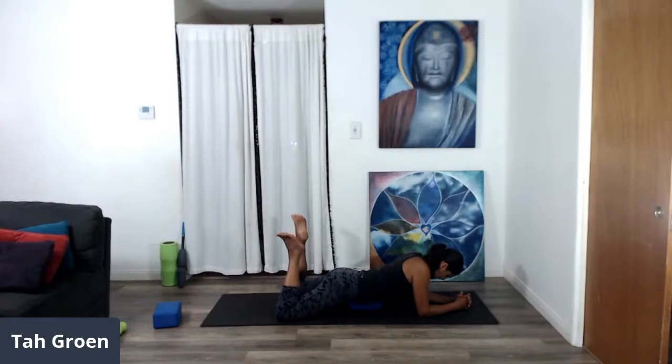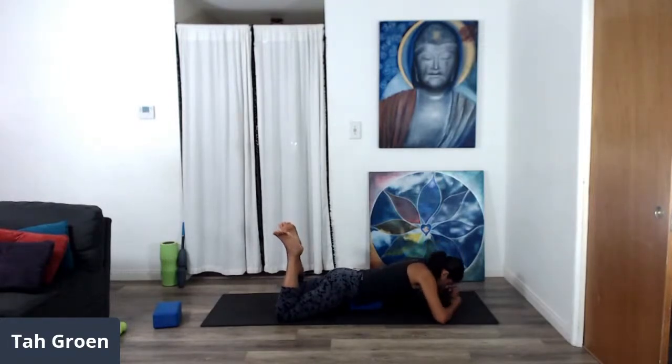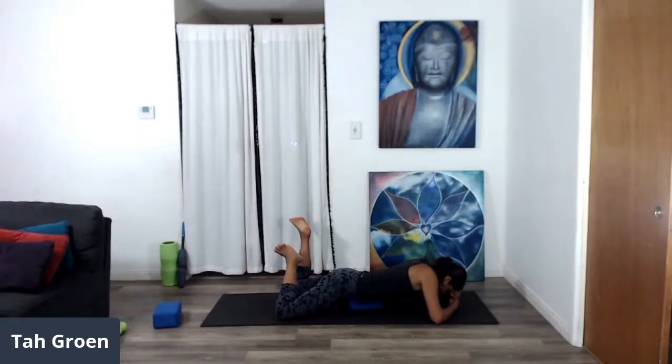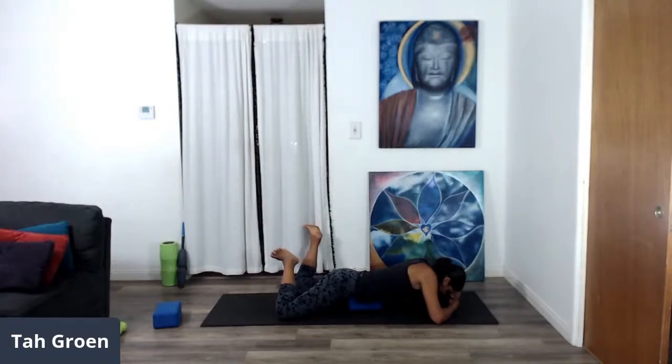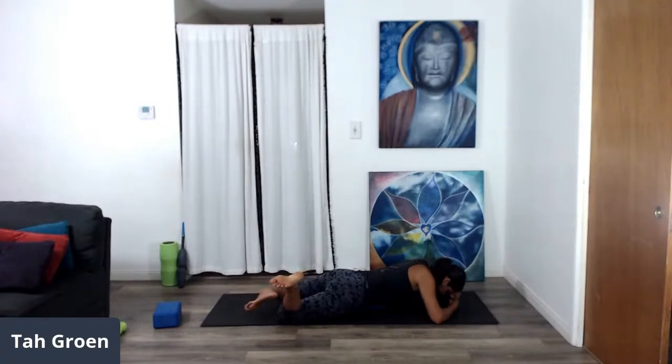So I'm opening my knees, supporting my head. You can even double fist for the head. But if you have a soft block or soft pillow, give your stomach meridian lines some self-massage. So we did our hands, and now we are massaging our belly. Again, another really valuable place to realize the relaxation response. Anytime you rub your belly, massage your belly, you're stimulating the vagus nerve, the vagabond nerve, all throughout the body,